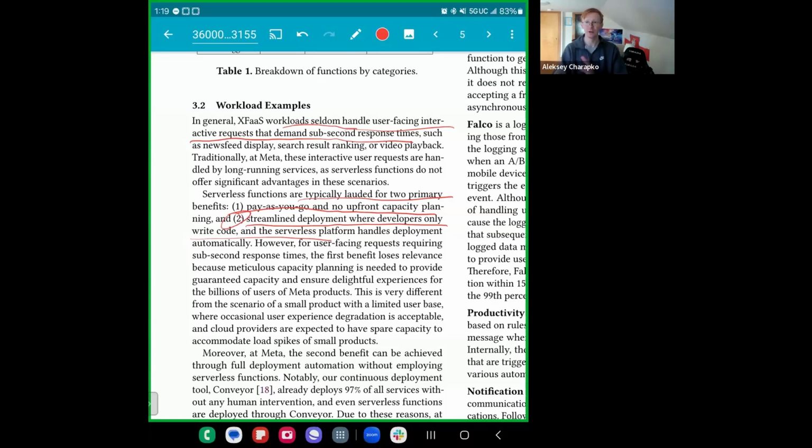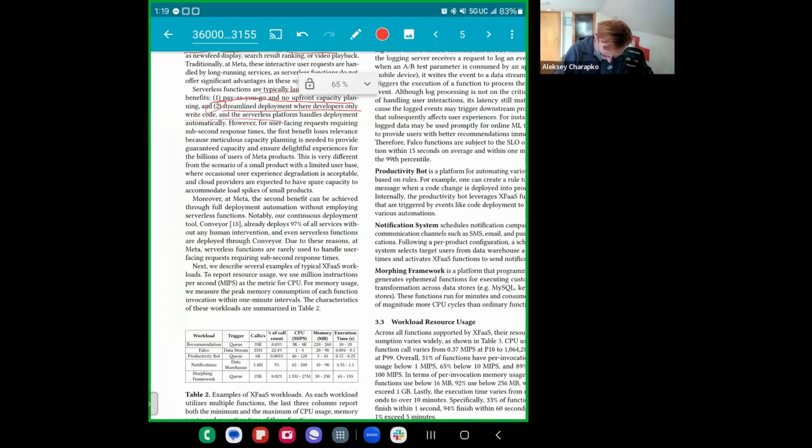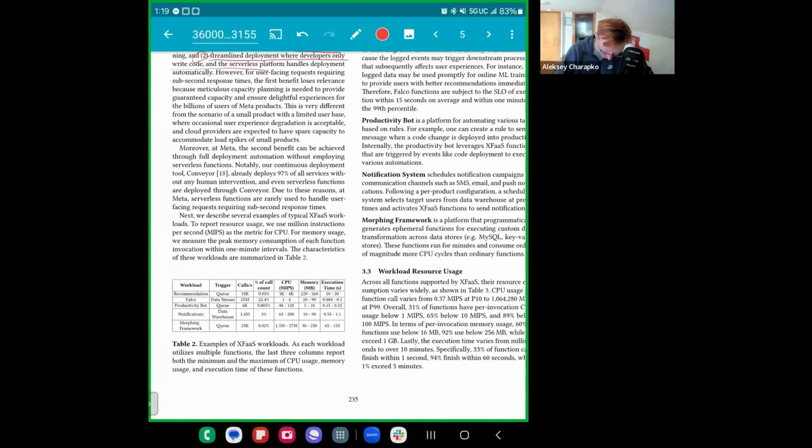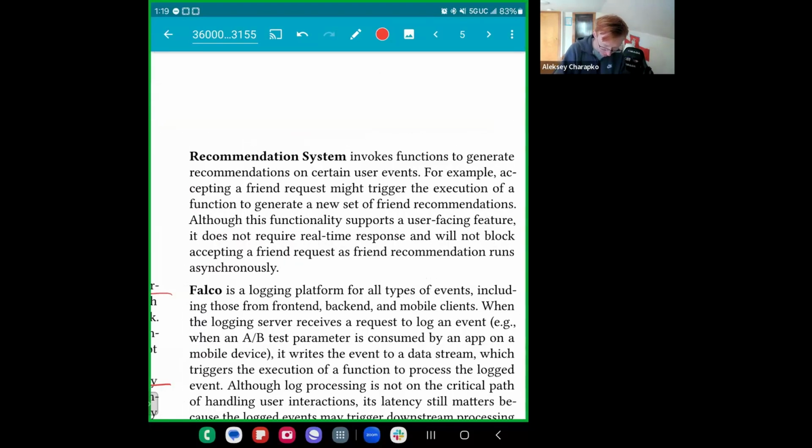It's mostly for background stuff that you throw in the system and it will get done eventually. For the concrete use cases, I think they mention a few of them here. So, recommendation system, right? So if you like